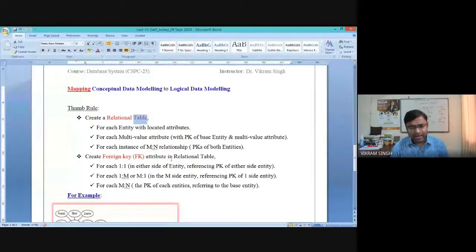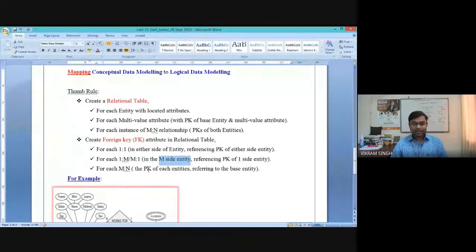So this is very clear also, right? So in case of 1:n or m:1, we need to do what? We need to simply use the m side entity, referencing the PK. So you need to add a foreign key in the m side entity. It refers to the primary key of the one side entity. That is very clear and crystal.